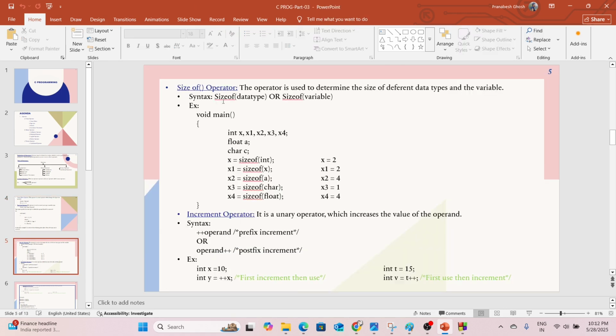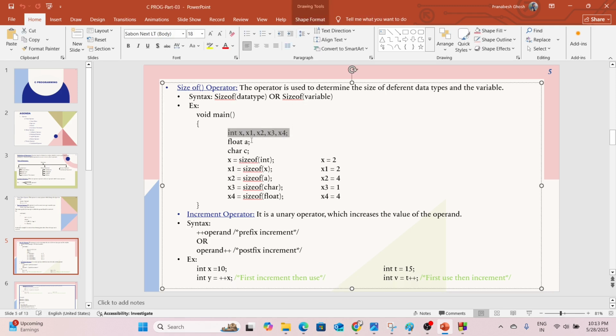Moving on to the sizeof operator. This operator is used to determine the size of different data types and variables. By using the sizeof operator, we can get the size of a variable. Also we can get the size of data types. If you look at the syntax, it is sizeof(data type) or sizeof(variable). For this example, if you consider the variables x, x1,